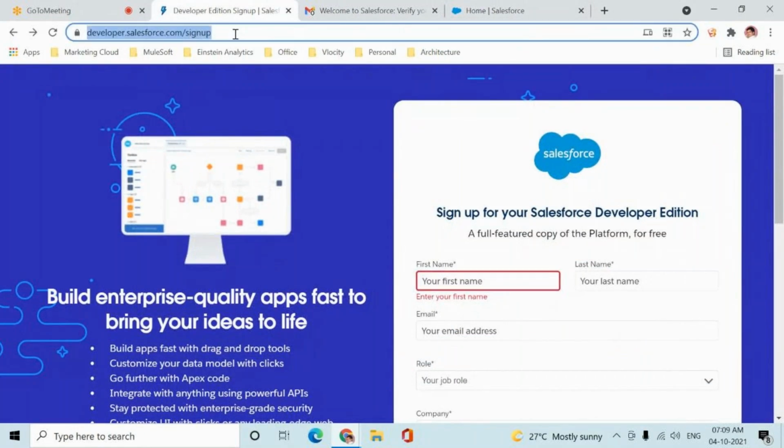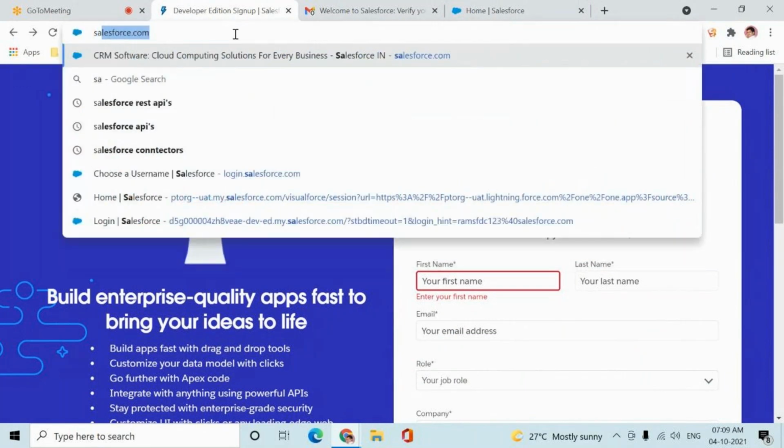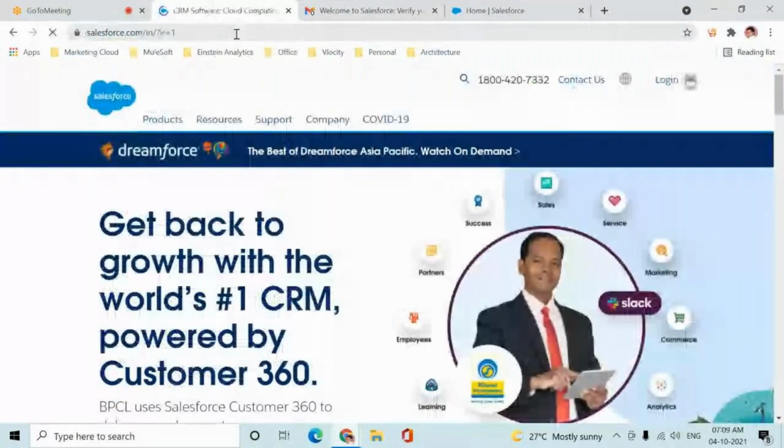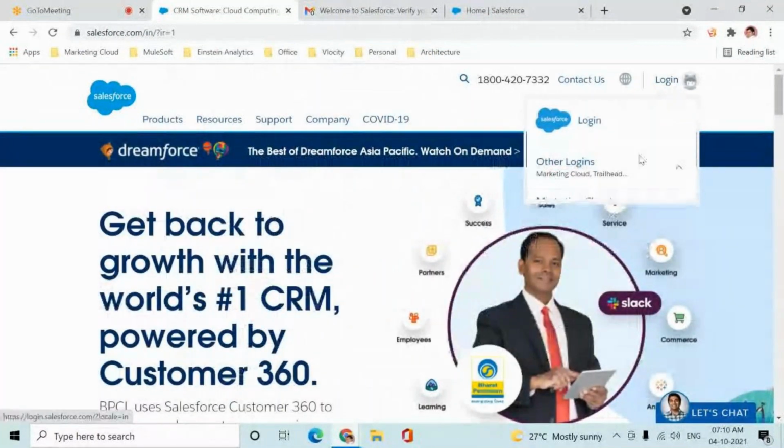When someone asks me, okay, is there any other way to go with this? Yes, you can go to the salesforce.com website and do a sign up from here also. So the moment you try to do a sign up here, so when I say